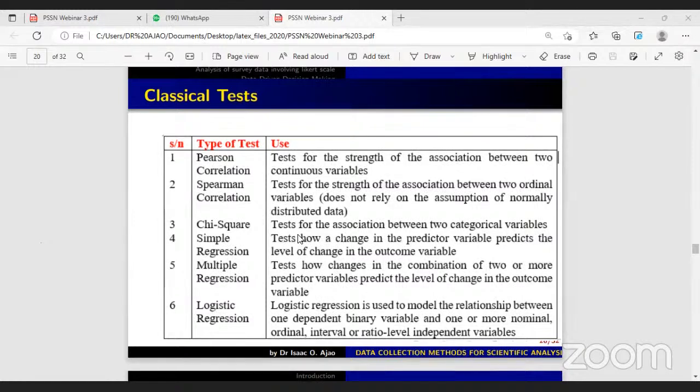And one thing with all this software we are using is that anything you put in is going to give you results, whether it's right or wrong. So we need to know all these simple things. Now, the simple regression tests how a change in predictor variable predicts